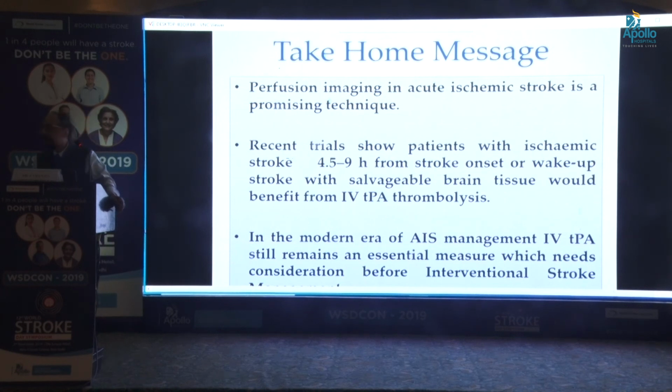Would you give TPA and then wait for the LVO to be seen, or would you still go for a thrombectomy? The answer is still not known, which still means that in the modern era of stroke management, TPA remains an essential measure for consideration, and interventional stroke management is also there, but remains a side tool for the management of